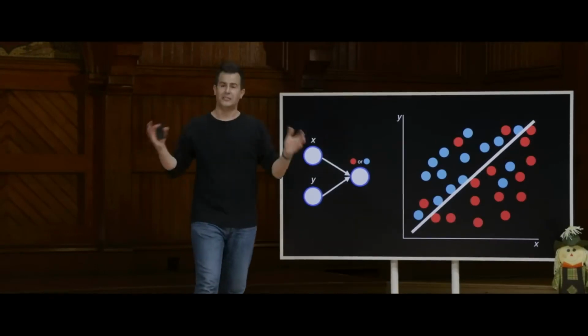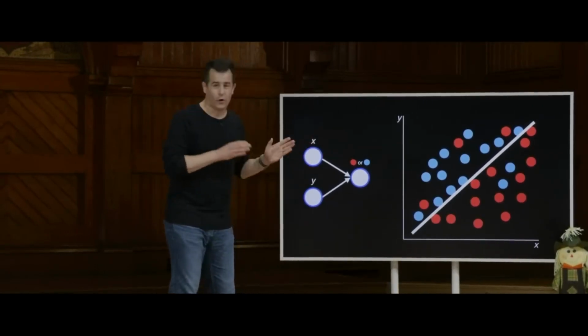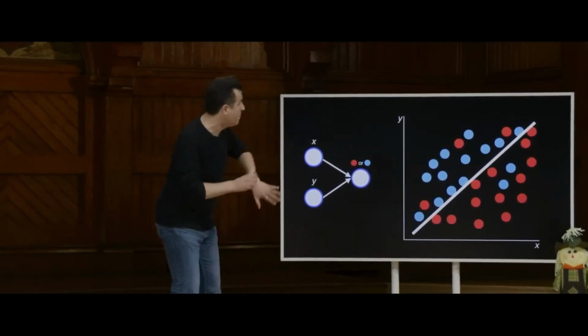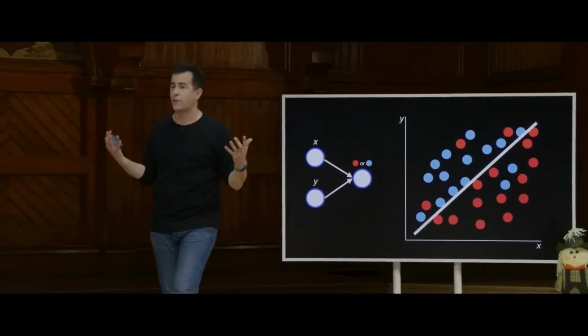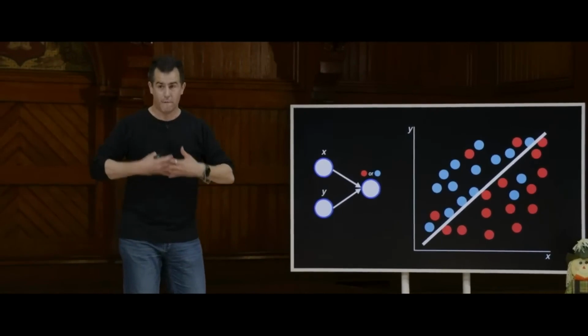Meanwhile, here's even more dots. And it's actually getting harder now. Like this line is still pretty good. Most of the blue is up here. Most of the red is down here. And this is why, if we fast forward to today, AI is often very good but not perfect at solving problems.